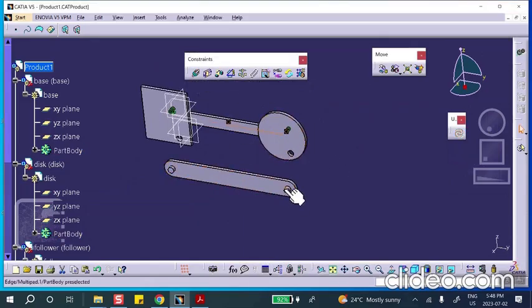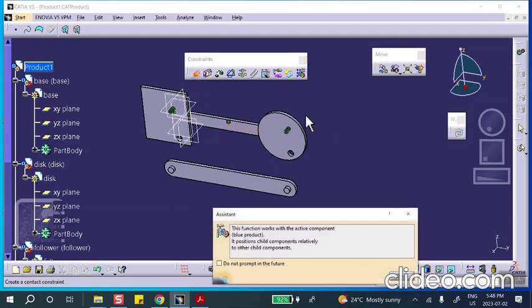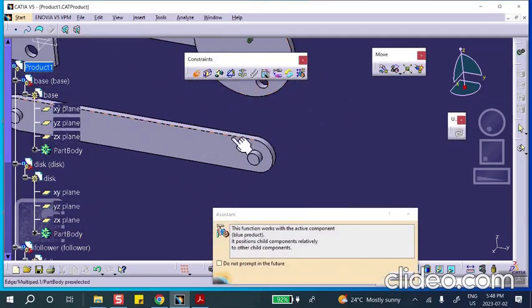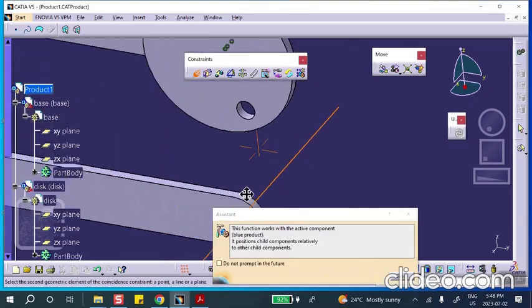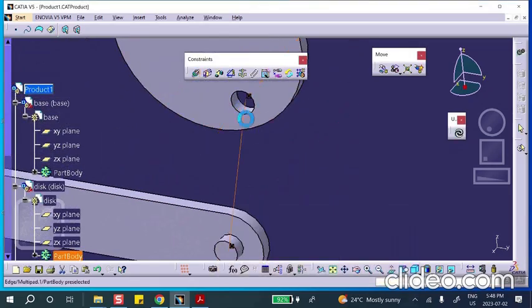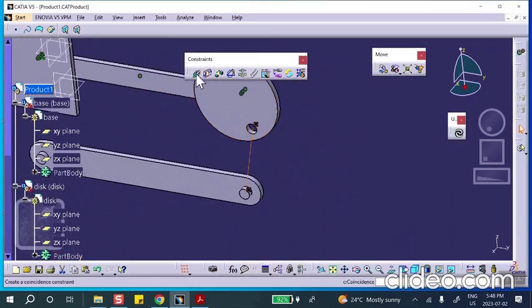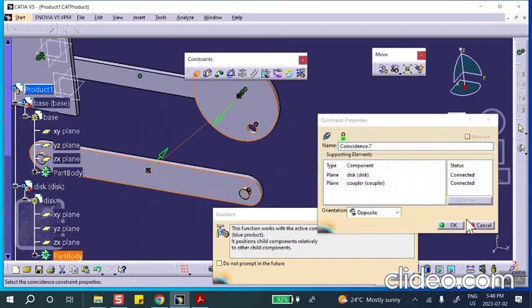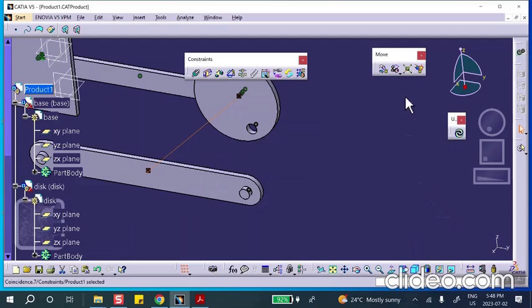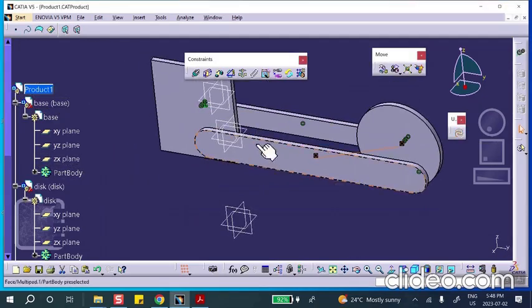Now I'm going to put this pin inside of that hole. Coincidence between this pin and that hole, and coincidence between this plane and that plane, and they should face each other. If not, just flip the arrows. Okay. Now this other one,